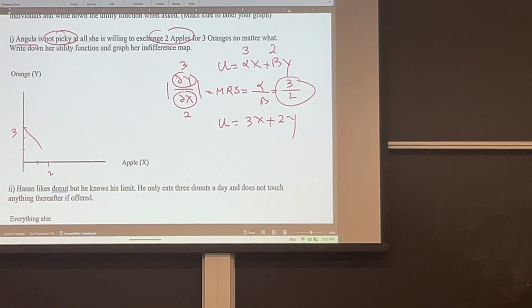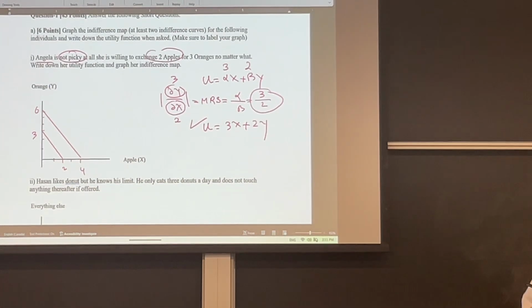Graph 1 indifference curve. Let's see, graph this one. That's 1. Or you can go to the other one. 4. That is 6. That is our